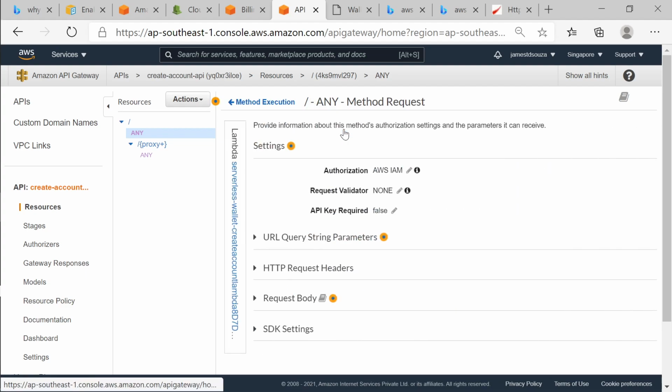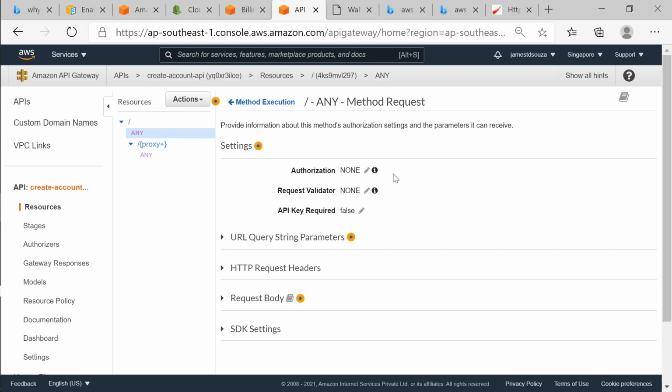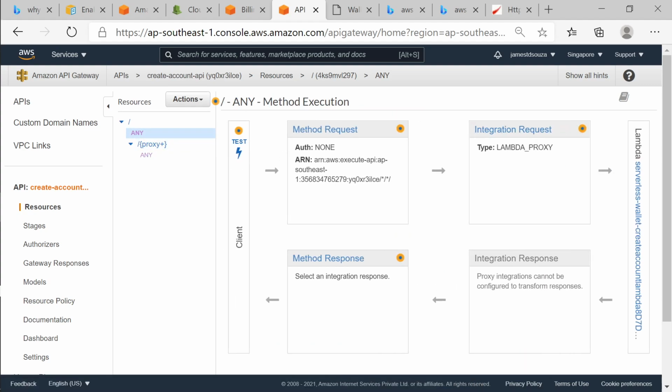So I click method request, I choose authorization and say none. Then I save it. So I go back, and now the authorization required is none. So client will call with none of the authorization. Once I do this, this method should work without authorization.